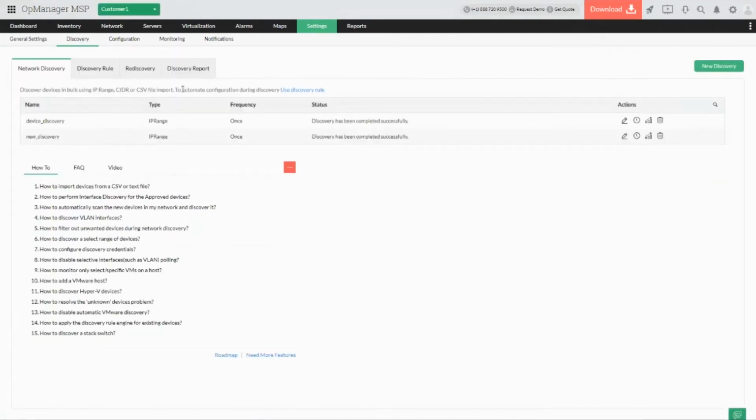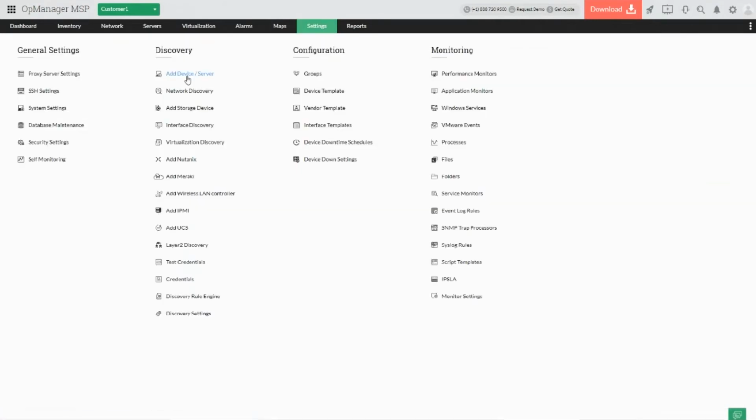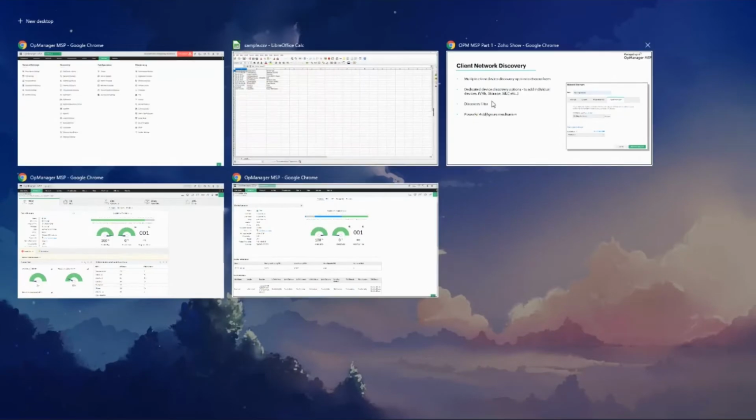where you can do a network discovery in bulk using IP range, subnet, or import them directly from your AD or use a CSV file to import them. Or you can also discover the devices based on your virtual environment. You can add them directly using your vCenter, or you can add your Nutanix servers. So based on different types of devices in the customer site, we have various discovery options, and you can add the devices pretty easily, and it's straightforward and simple. So now let me take you back to the webinar and let's continue.